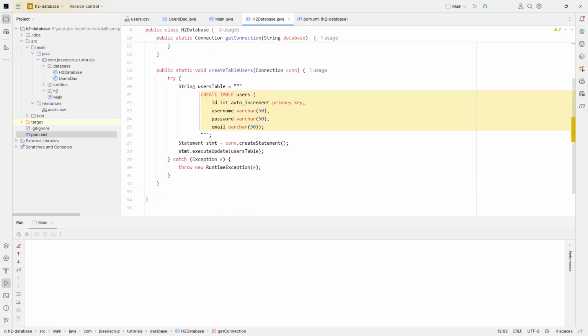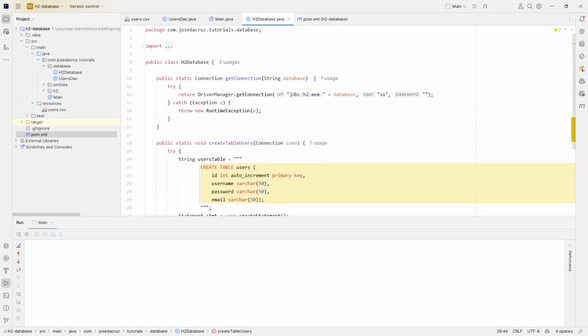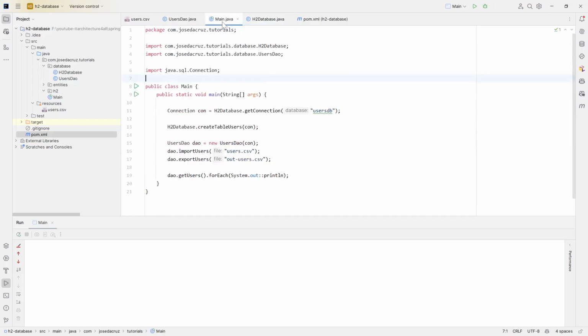Additionally, I create another method just to create a regular relational SQL table, with an ID, which is auto-increment, so we can ignore the ID when we are inserting data. And then you have the username, password, and email. And then it's just common JDBC stuff to execute this SQL. Okay, these are the only two methods necessary for this example. So in our main, I get a connection, and at this time we already have a database in memory, and then I create the tables as we saw previously, and at this time we already have a database with the table users inside. It's an empty table, but